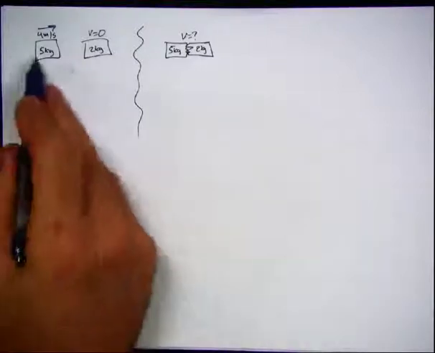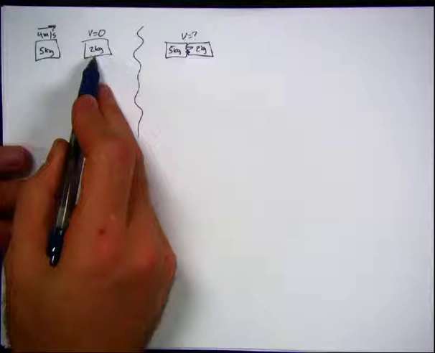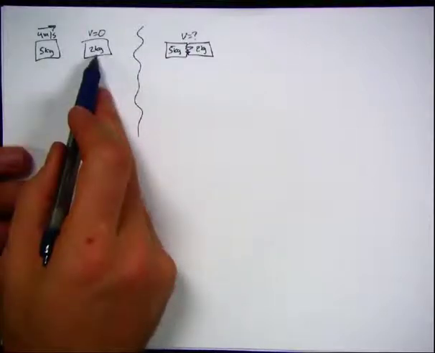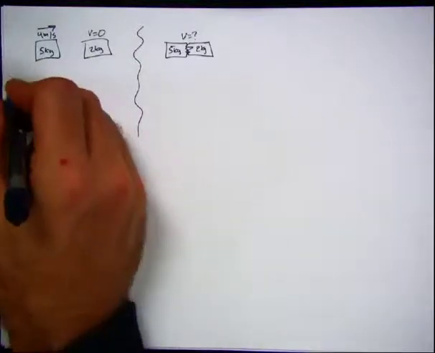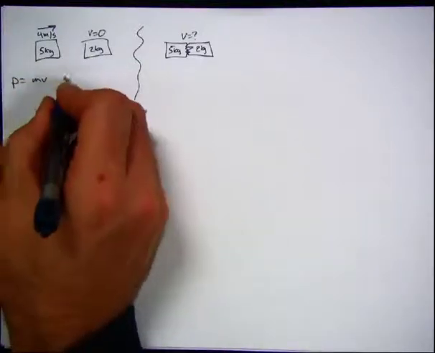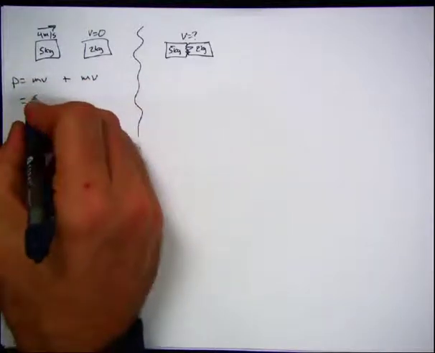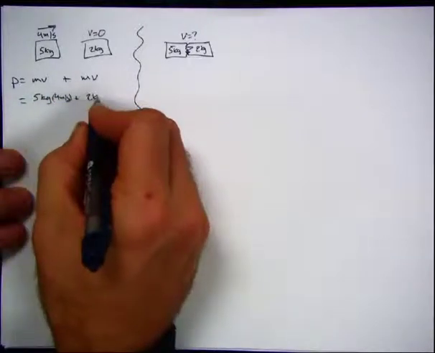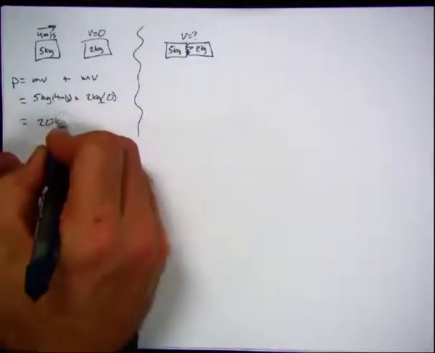So remember, we have the big car colliding with the small car. What do we expect to happen? Well, we obviously expect the big car to slow down and the stopped car to speed up. But by how much? So we can do the calculations. Momentum is mass times velocity plus mass times velocity. Momentum is 5 kilograms times 4 meters per second plus 2 kilograms times 0, which means it is 20 kilogram